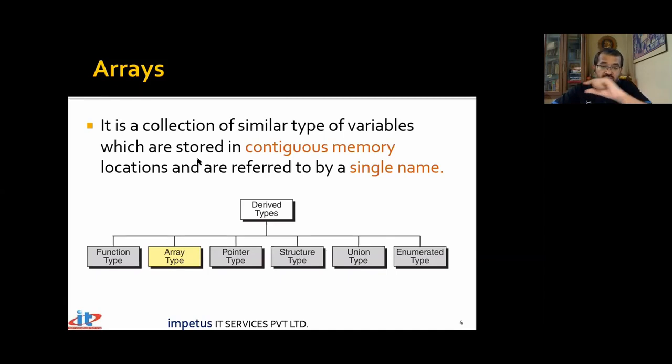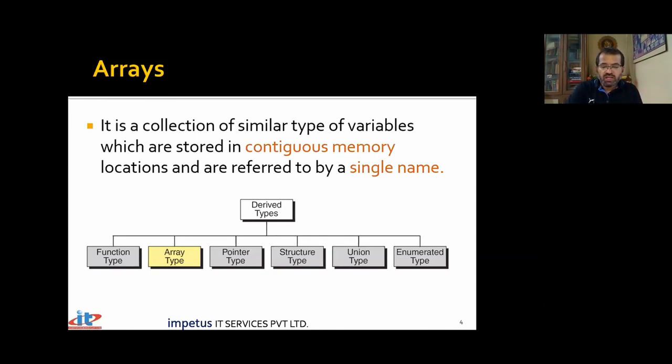All elements are stored in contiguous locations. Contiguous means there are no gaps in between, just one after another, depending on what type of data it is. Say it's a character variable. So after the first character variable, you'll have the second. After the second, you'll have the third. After the third, you'll have the fourth, and so on. Point is, there are no in-between gaps. Say if I was talking about an integer variable, if the first integer variable is stored at address 400, the next will be at 404, because 400, 401, 402, and 403 are 4 bytes. Next will be at 408. No gaps in between the two variables.